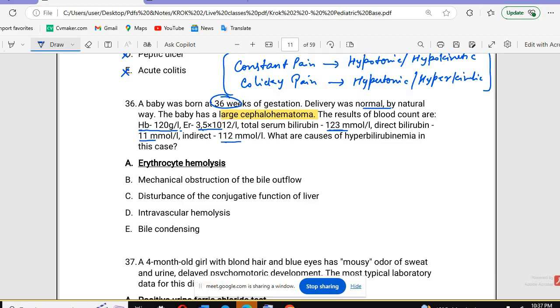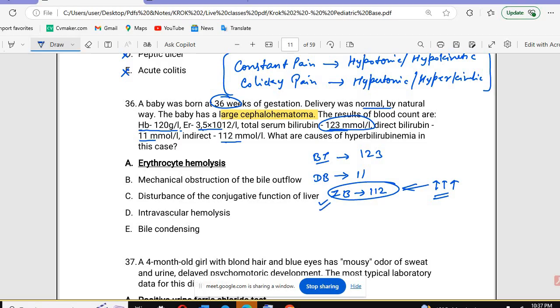Now, you may not know the normal value of bilirubin, and I also don't know it. But here I can see the total serum bilirubin is 123, the direct bilirubin is 11, and the indirect bilirubin is 112. It means the indirect bilirubin is very, very high. So what will this be? This will be a case of the indirect